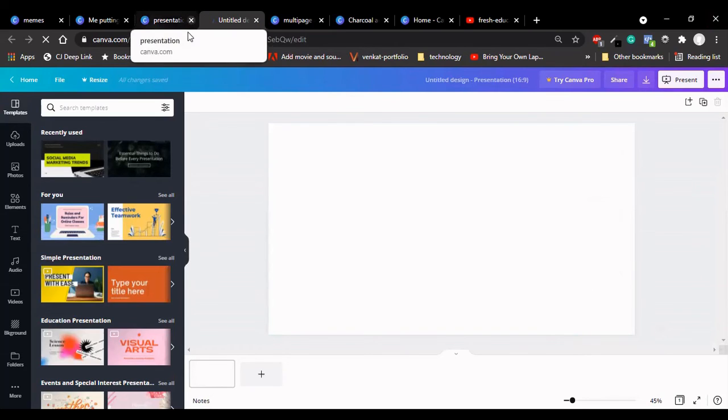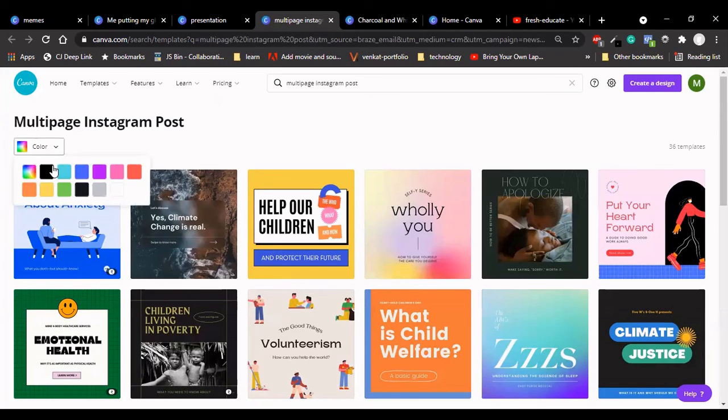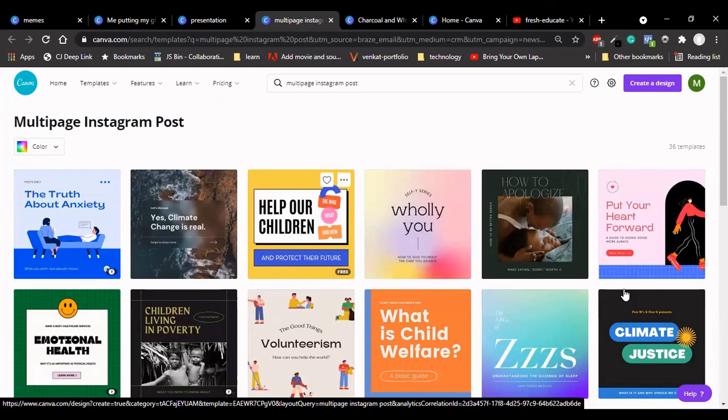Likewise, the next thing is that you can create a multi-page Instagram post using Canva. If you'd like to go with the colors, you can explore the color option here. If you see here, free and pro versions are available for your creativity.